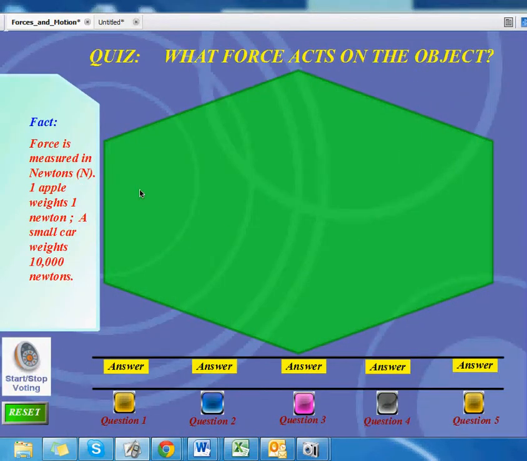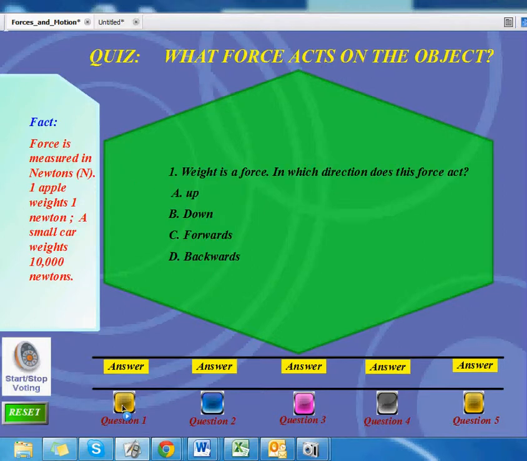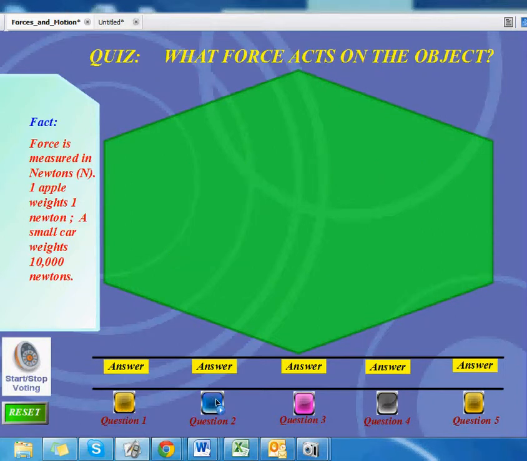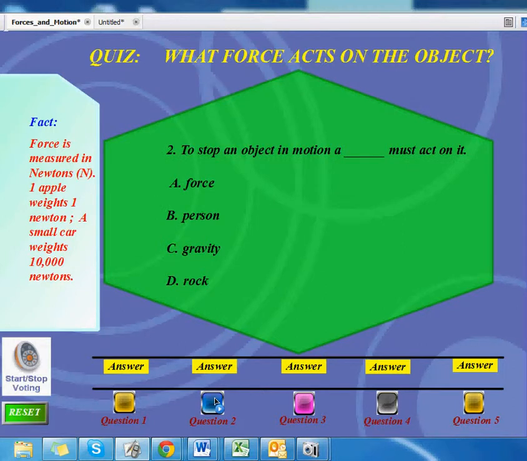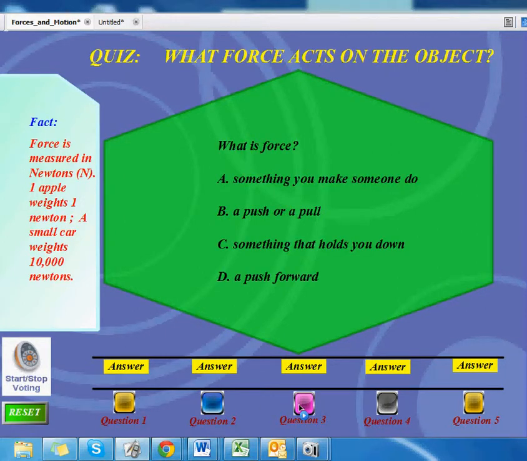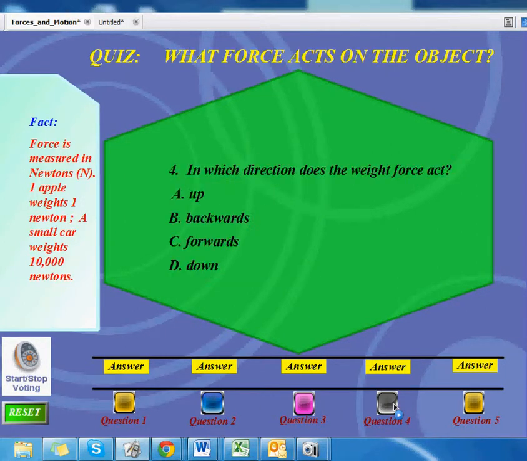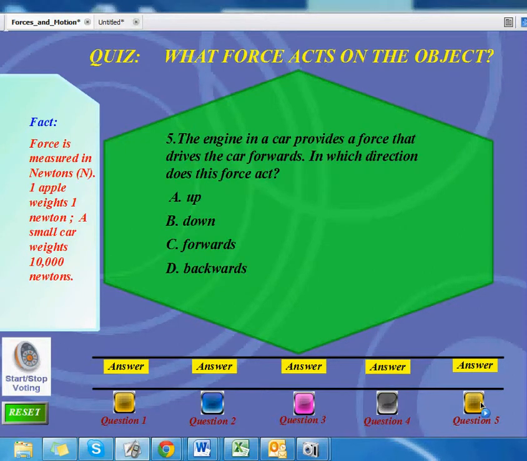Now, from what you've learned so far, go ahead and go on to Skyward if you have not done so, and take the quiz. The quiz has these questions. Weight is a force. In which direction does the force act? To stop an object in motion, a blank must act upon it. What is a force? In which direction does the weight force act? The engine in a car provides a force that drives the car forwards. In which direction does this force